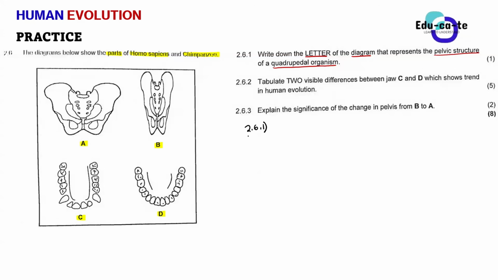A, sir. Okay. So why did you say A? Because, sir, it is widely open. Does that correspond to a quadrupedal organism? I meant to say B. Sorry, sir. Why do you say B? Okay. Sir, on B, if we check, it is narrow and slim, so the spinal cord cannot align straight. It will be forced to be a C-like shape.